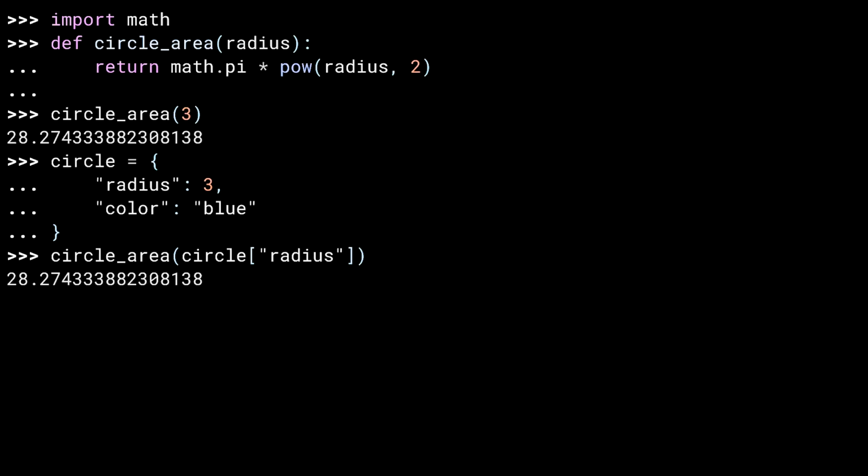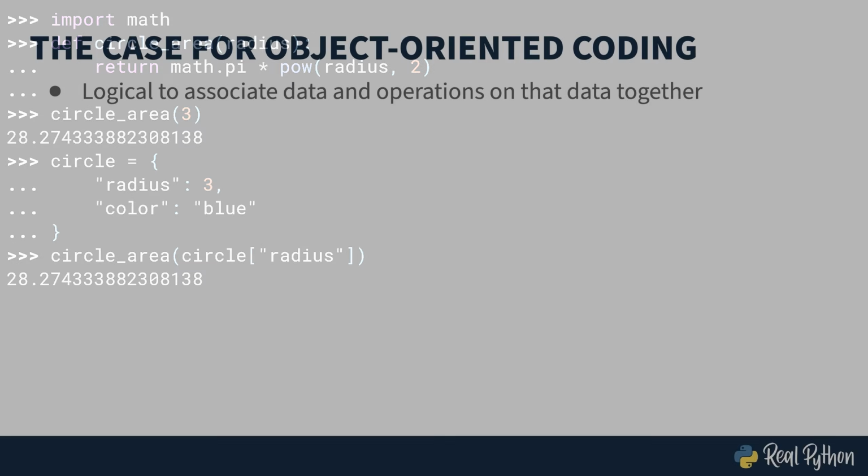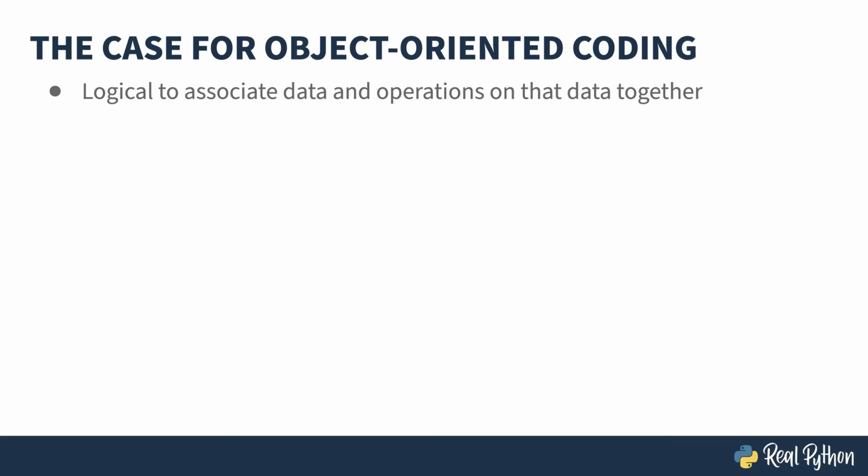Over time, my code might grow. I might add a function for perimeter. I might also add a square, and passing the length of a square's side into the circle area function wouldn't really give me a logical result. Wouldn't it be great if I could group these kinds of things together? Well, that's the idea behind the object-oriented programming methodology. You use the language's features to group data and operations on that data